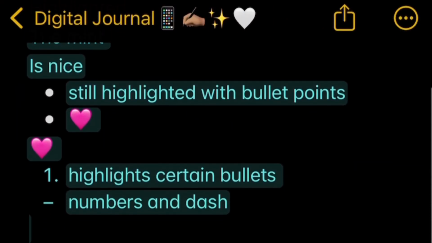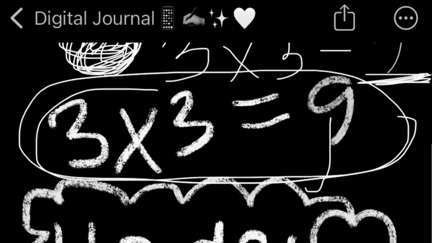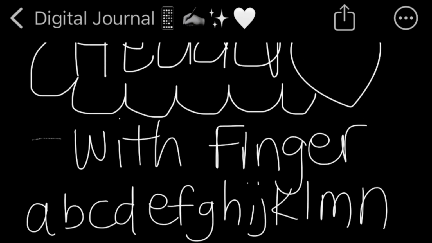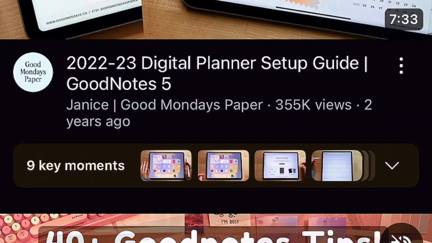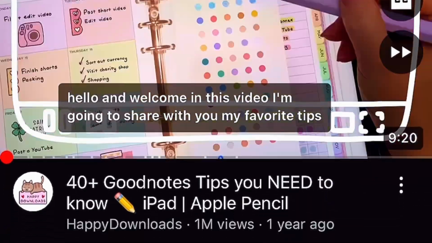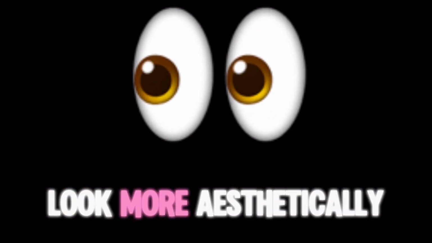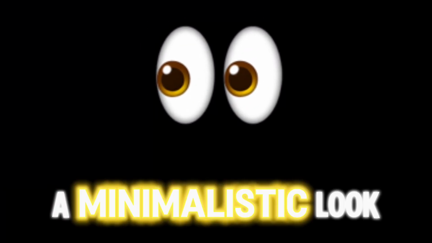Apple Notes got some new features with the OS 18 update, but it's still very limited when compared to apps like GoodNotes. Many people use GoodNotes for all the customization features for making their notes aesthetically pleasing, which you cannot do with Apple Notes. I've got a way that you can make your Apple Notes look more aesthetically pleasing while still having a minimalistic look if you still want something more simple, using symbols to make your titles and headings